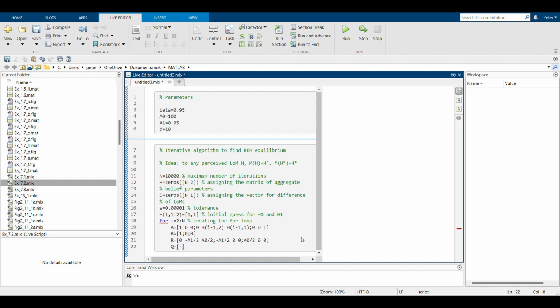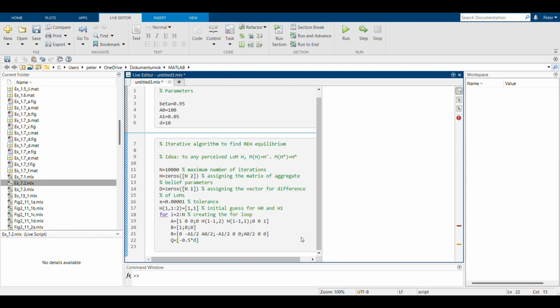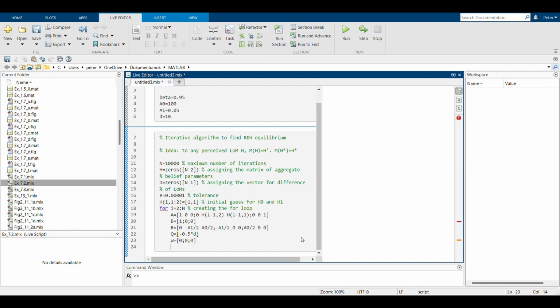It's not necessary to give it as a 1, 1 matrix, it's just by convention. Minus 0.5 times D, and we have this technical vector W to make the Riccati equation solver work properly. There is no cross product, so this is the reason why we need this technical vector. Okay, and now we are ready up to a point, so we can solve